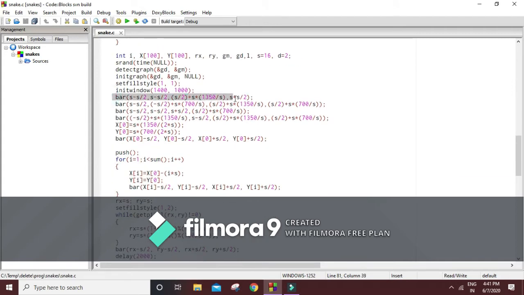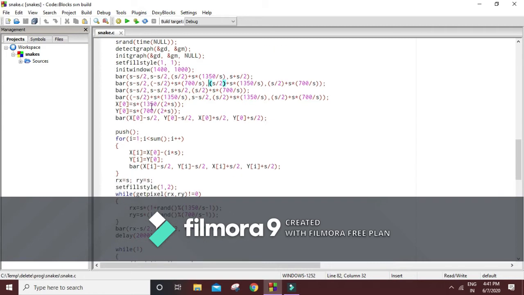As the code progresses, we'll see that the bar function has been an important part of this throughout the code. What it does is take 4 integer arguments: the first 2 arguments as a tuple form the coordinate of the top left corner of the rectangular colored fill that will be appearing on our graphics screen, and the last 2 form the tuple for the coordinate of the bottom right corner of the rectangle, and so the rectangle will be found on our screen.